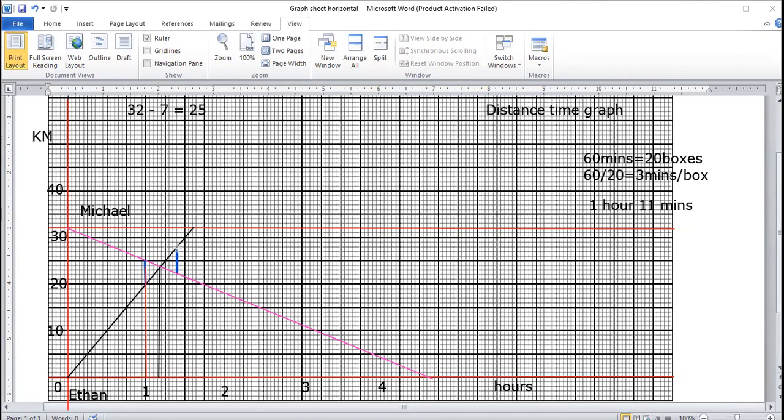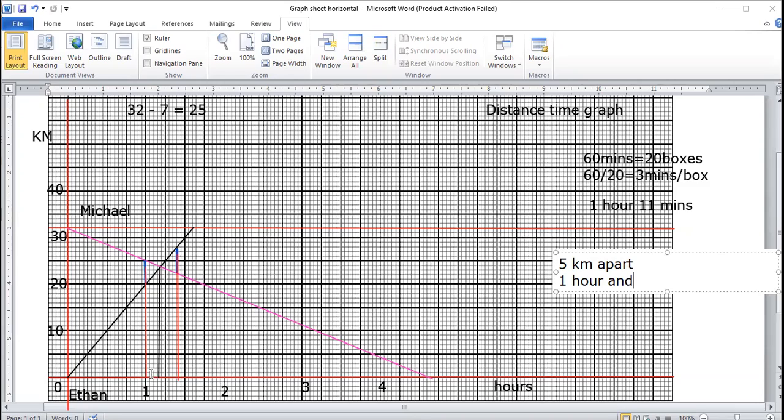Now I'm doing the same working on this line. So this is my second point. So what I have over here is that the 5 kilometers apart happened once when the time was 1 hour, and a second time. What is the time I have over here? I'm going to check this one. This is 1. My 1 box is equal to 3 minutes, that was shown over here.